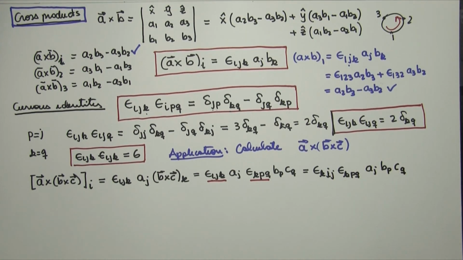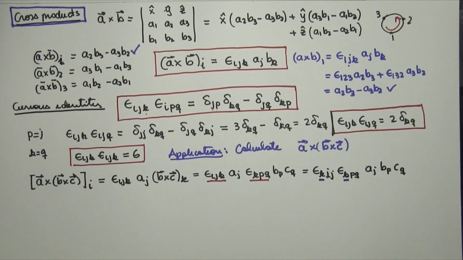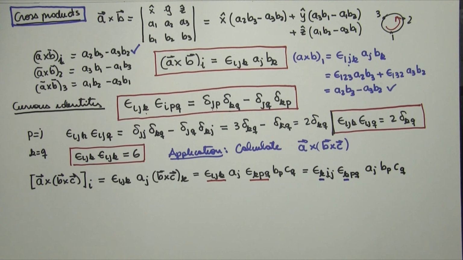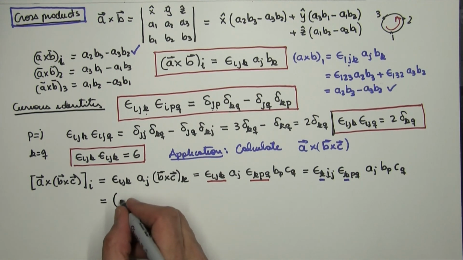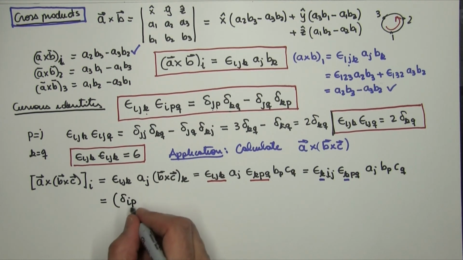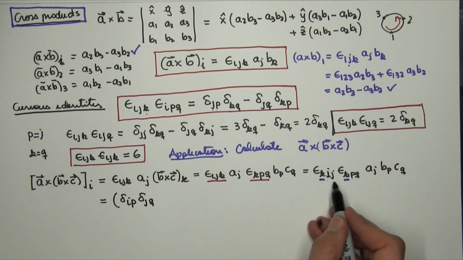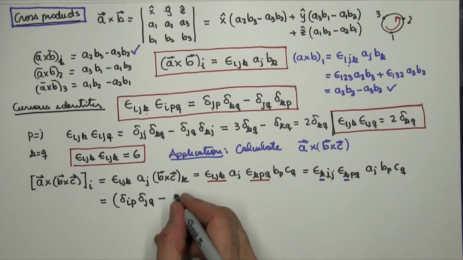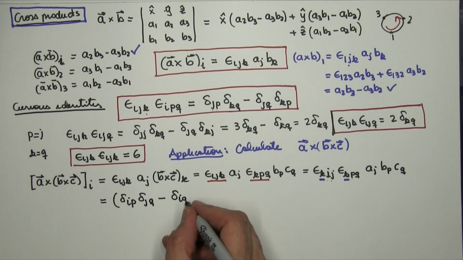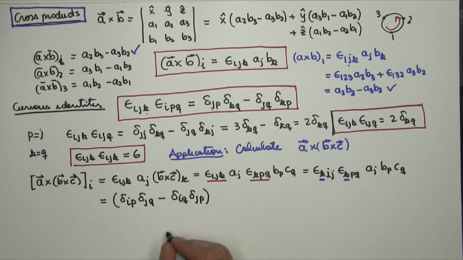And now we are in this formula's territory. We have the same index. The same index is the one in the first position, and therefore we can use the identity. So what do we have? Let's write the Kronecker deltas. Delta i p, delta j q. Second with second, third with third. Minus the alternate. Delta i q, delta j p. Times